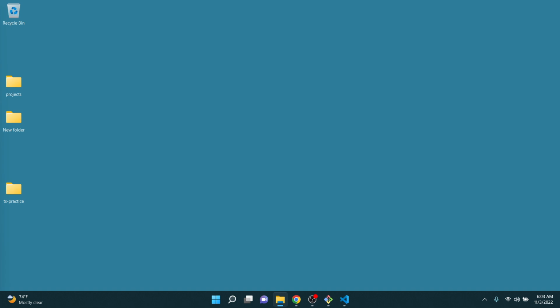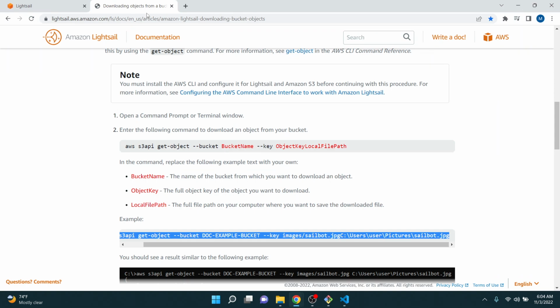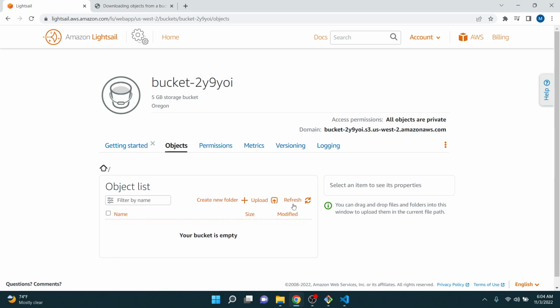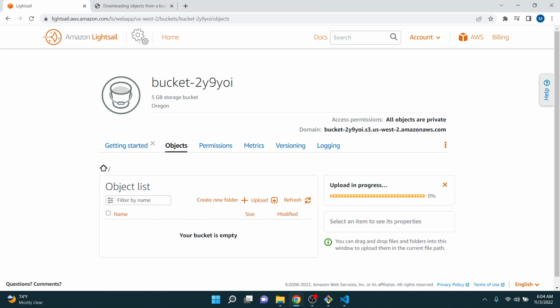All right, so I'm going to upload that to Lightsail or that S3 bucket. So that is here, objects, upload, file, and that's going to be in desktop here and pulp. Hopefully this works. It should. 42 megabytes, not that big. A lot of those files I don't even need, but